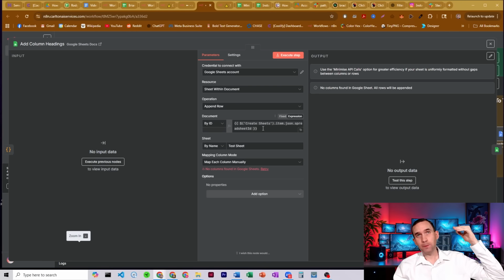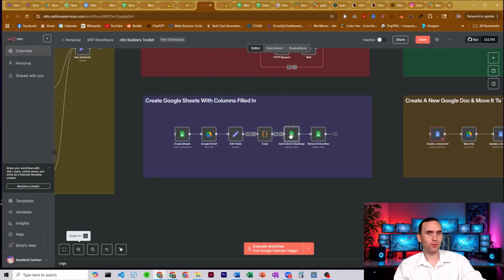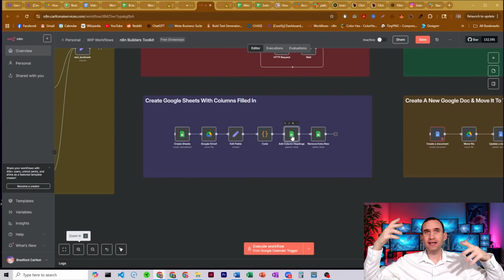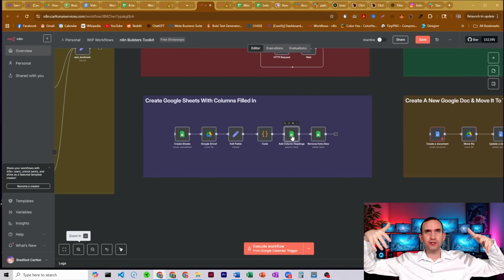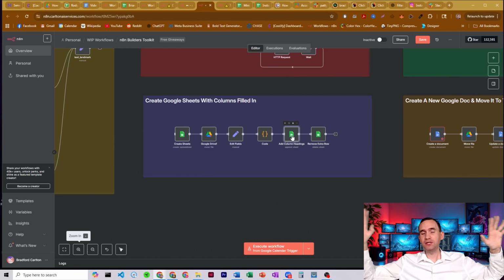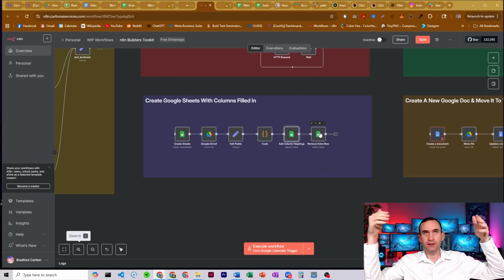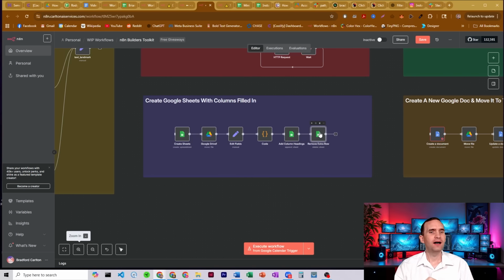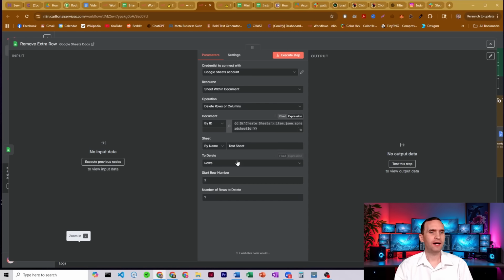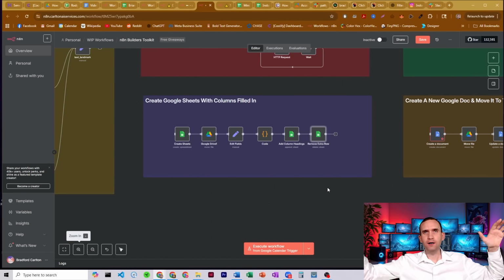It's going to add in and append those rows in the same instant, more or less, because there's nothing in it. There's no columns for it to attach to. Otherwise you might have issues if you were appending, but because it's a blank sheet, it's going to append those column names right away. But then there's an issue that it actually adds them in twice, one for the column name and then one for the first item in that row, okay? And then we have this one here to remove a row, and we're going to remove the second row,